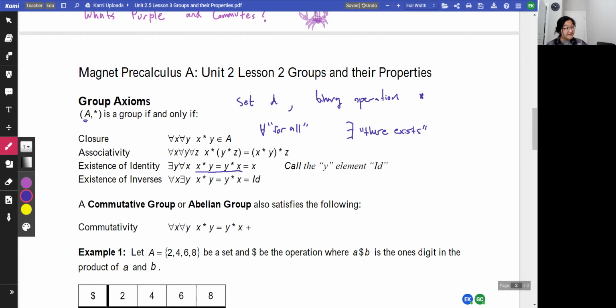And then the existence of inverses. So for all X elements, there exists an element Y such that X star Y equals Y star X equals our identity element. Awesome. We didn't reuse the letter Y there, so that's why we wrote id instead of Y again. Yep. And then last but not least, a commutative group, or abelian group, when we have commutativity, which is for all X and for all Y, X star Y equals Y star X. So that means we can flip the order and be okay for anything, not just with our inverse element,